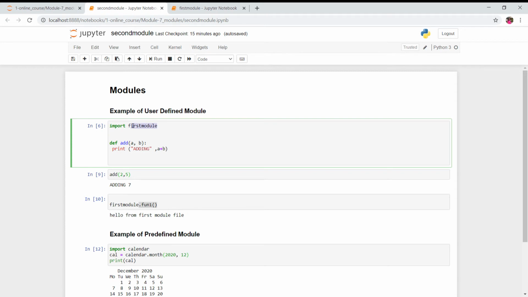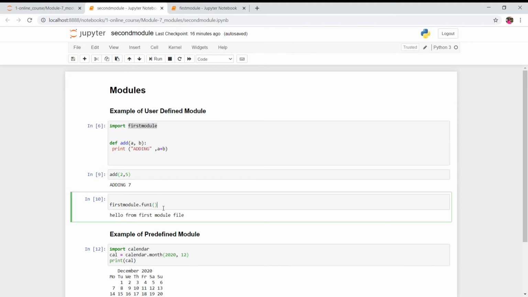Whenever you want particular code, you just import the file name and the particular function you want to use. This will help you understand your code better and organize your project code in a proper way.